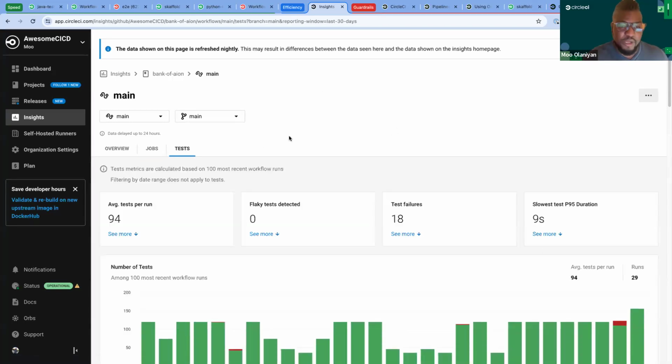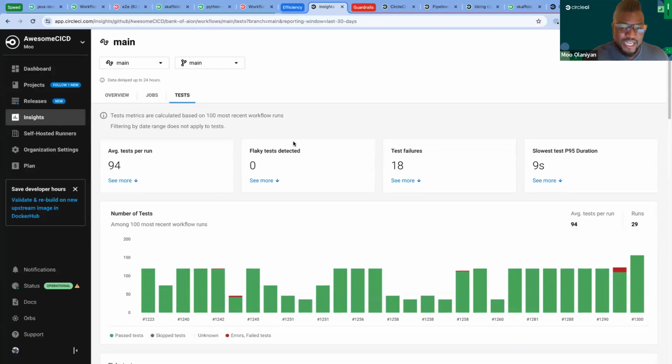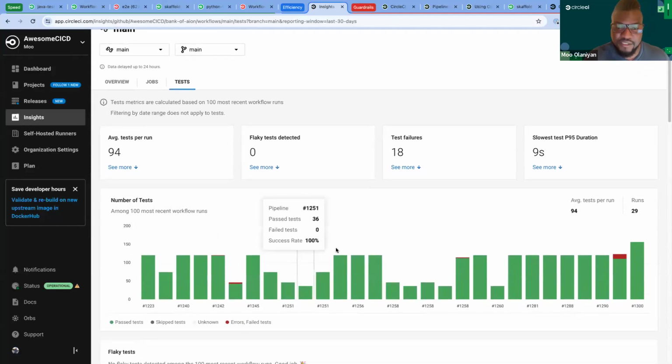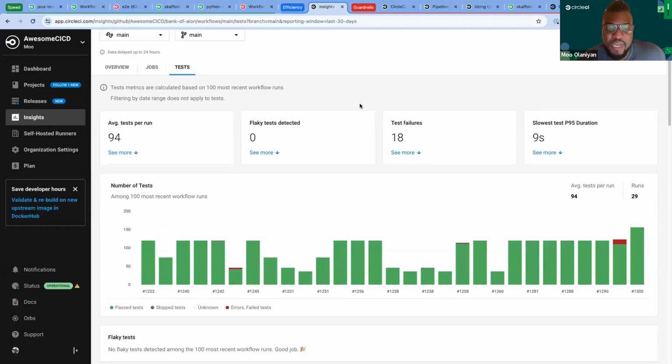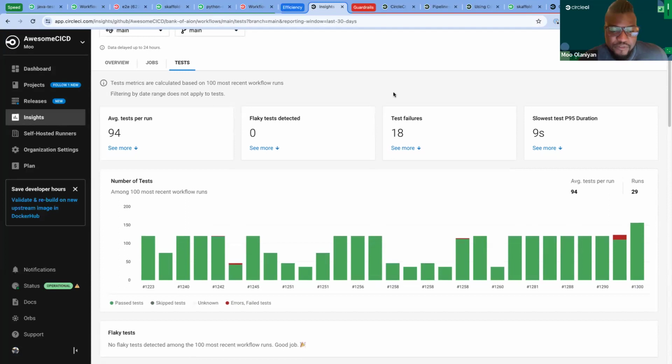And we can talk about tests as well. We have a testing tab that allows us to analyze our test cases. As a developer, it brings a number of important things to my attention that I need to know. For example, flaky tests. Right now, we have 0 detected. Fantastic. But there are 18 test failures, something I might want to keep an eye on. These are things that I can take action on to optimize my pipeline. It's also particularly useful for our platform teams and individuals who are not in a developer role, but who are still responsible for the performance of our CI/CD pipelines and resulting expenditure.